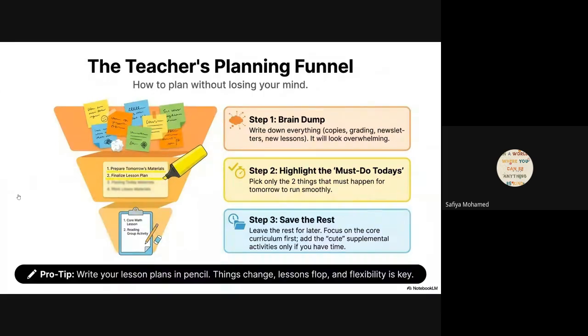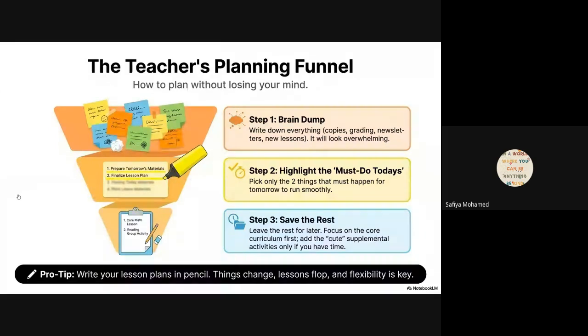All right. So brain dumping then basically is just putting everything down on a big chart. And then you decide, okay, I'm going to use this idea for this theme, this idea for that theme, this activity goes well with this song goes well with the other thing, right? And then we come to the second part where they say, what is important to do today? Remember, there has to be intention. So the must do todays are the intentional, specific outcomes that you want to achieve, learning outcomes, the early learning development outcomes that we spoke about.